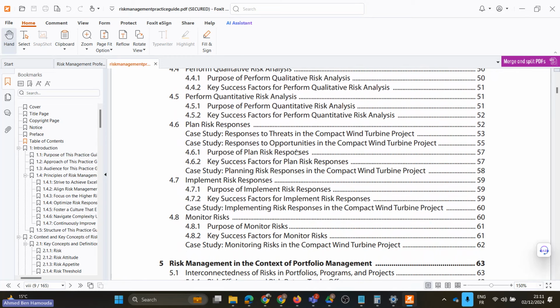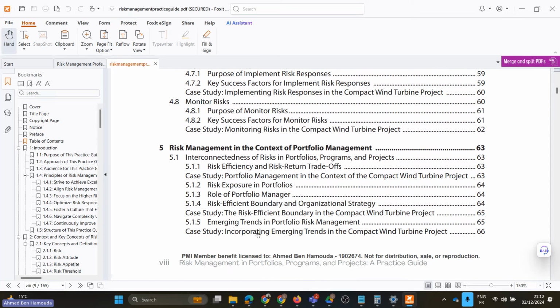Then what's the purpose of planning risk responses and key success factors? And then we go back to the case study. Implementing the risk responses. What's the purpose of implementing risk response and key success factors? And monitoring the risks, okay? All right, the purpose of risk monitoring and key success factors, and illustration with the case study. Then we take the risk management on a portfolio level on a side, okay? First, we start with the interconnectedness of risks in portfolios,